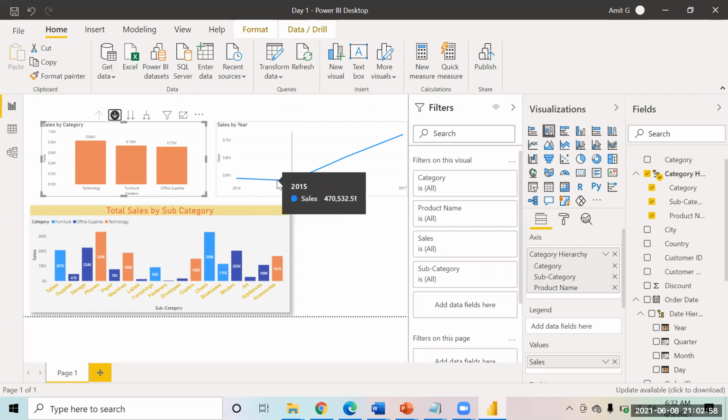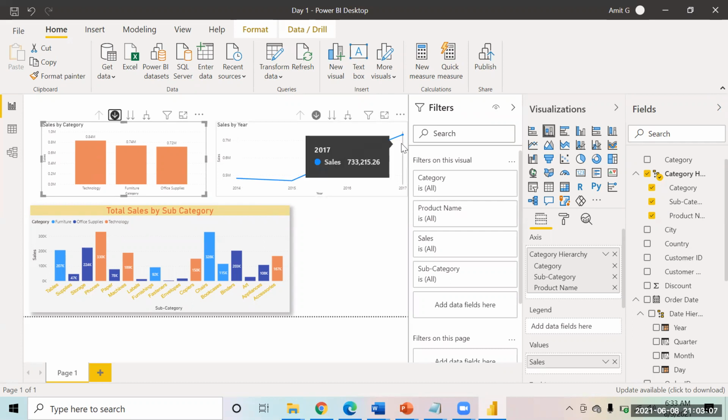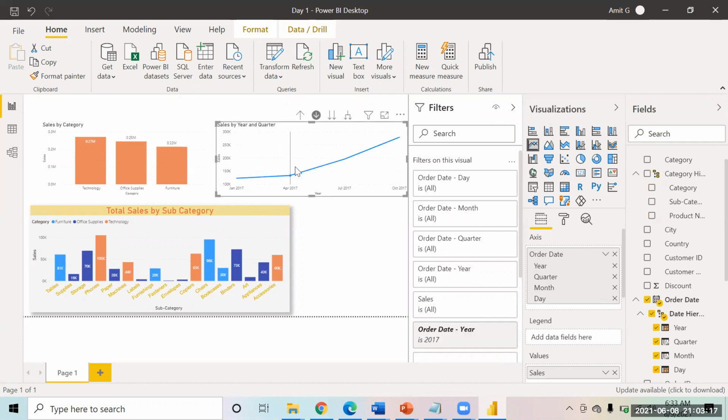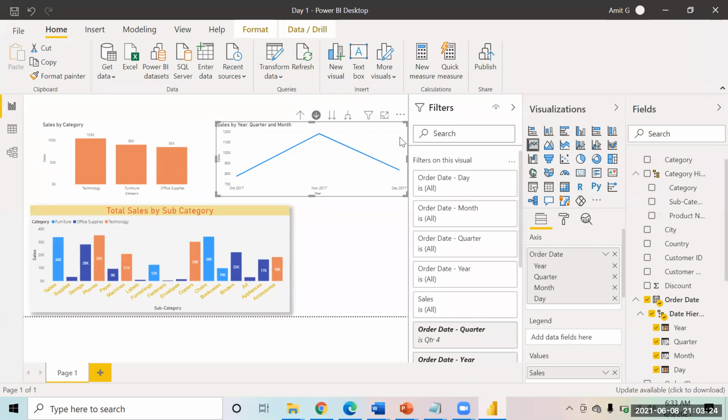And also, the hierarchy feature gives you more functionality to control. For example, if you say that the sale in 2017 was high, now you want to investigate what was responsible for that, like which quarter gave you high sales. So very easily you can go and investigate. In 2017, you realize that in quarter four there was exceptionally higher sales. So which month gave you exceptionally higher sales?